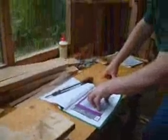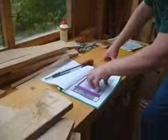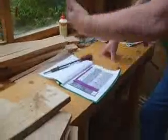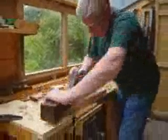The first thing I like to make, because it's easy, is the front leg section. And these are lying here. I will square them, cut them to length, and mortise and tenon them before I do anything else. It just gets the process going. So, I'm starting off with